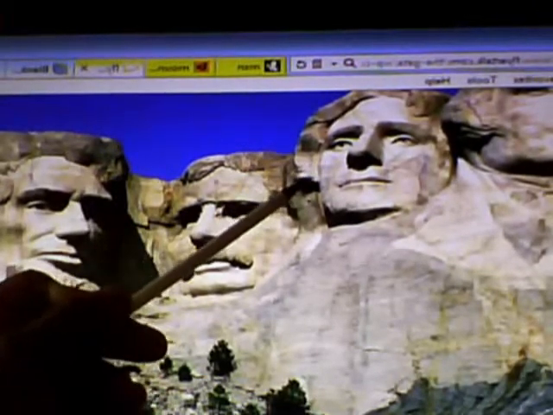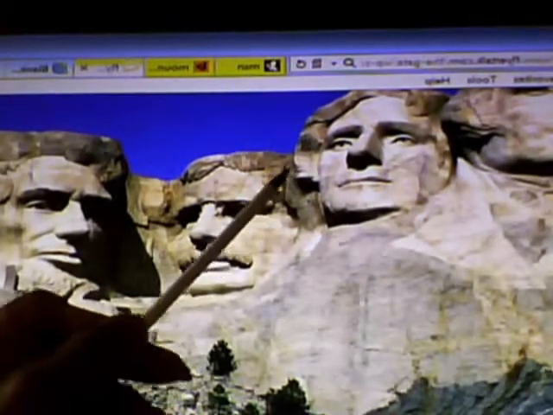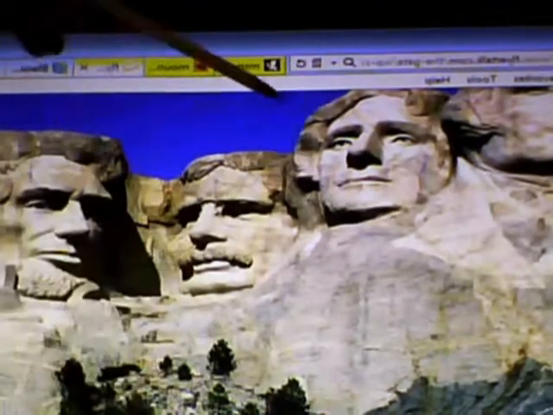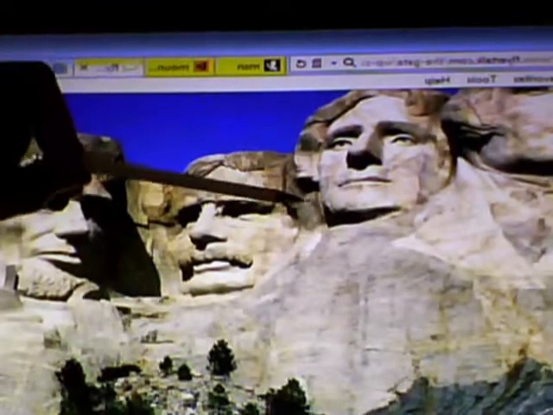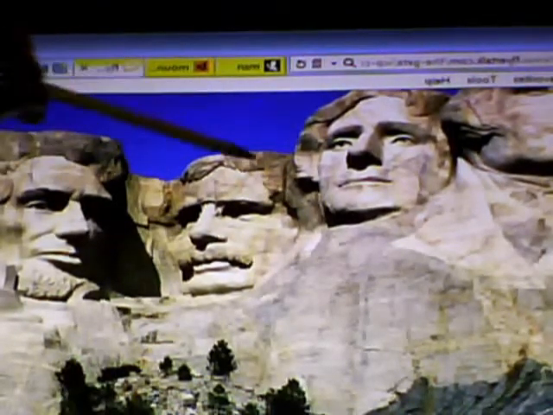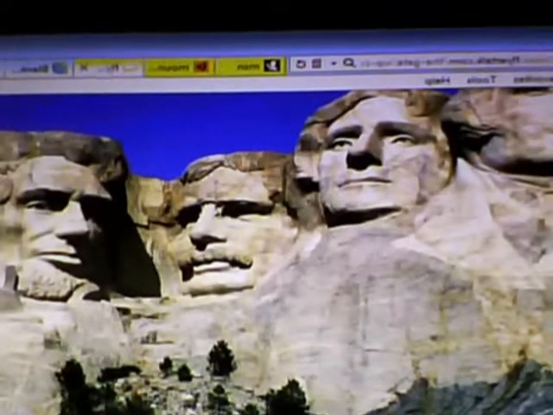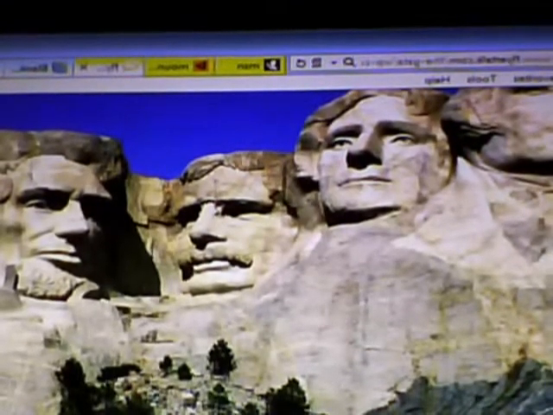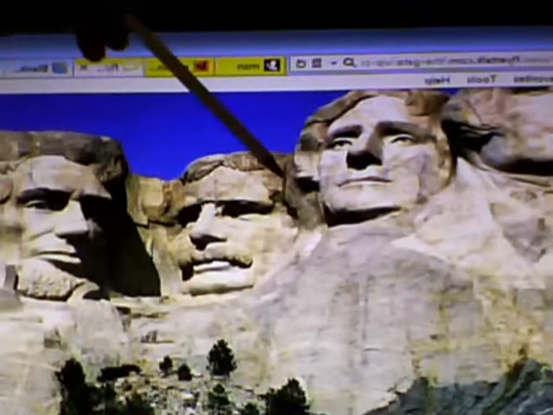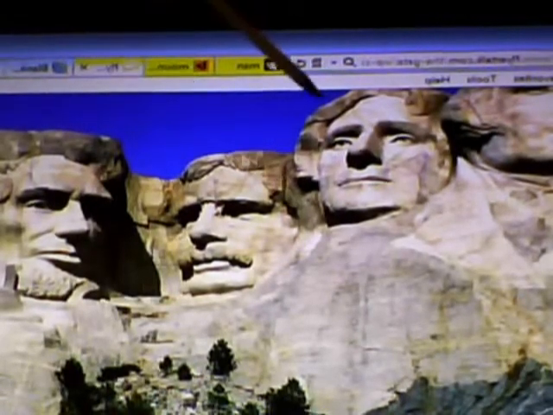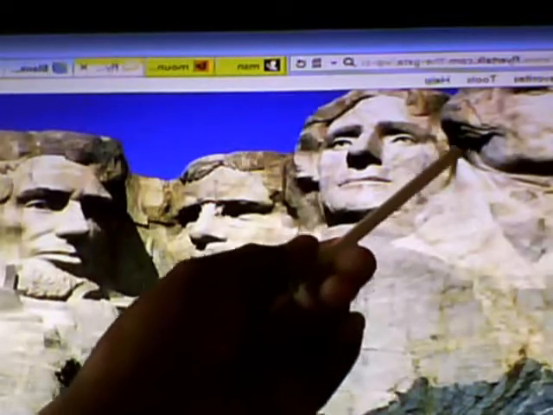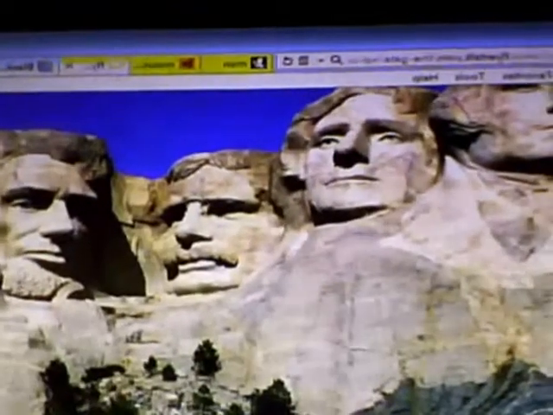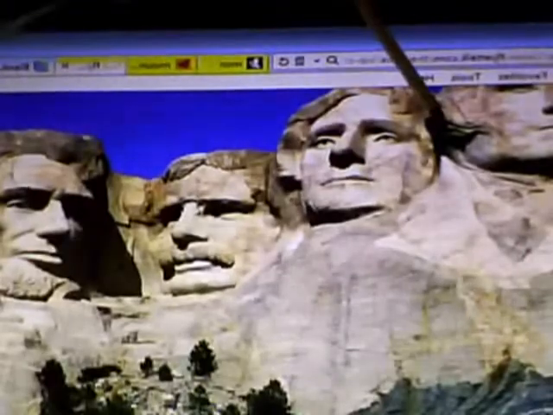A Klansman. Let's go there again. Chin, mouth, nose, eye, sleeve. Here's a Klansman right there, depicted right here with them. A Klansman, people, in the picture. This is a person in a Klan uniform right here. The face, everything. Then you have the black lips. Now here's the other thing that I wanted to tell you about those black lips. You see those black lips right here on Washington?